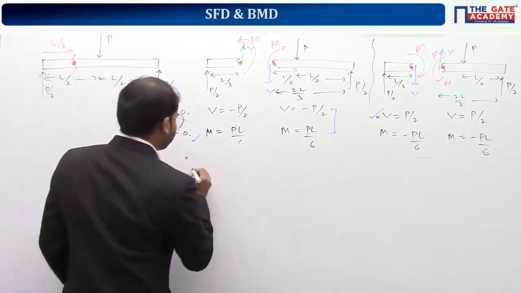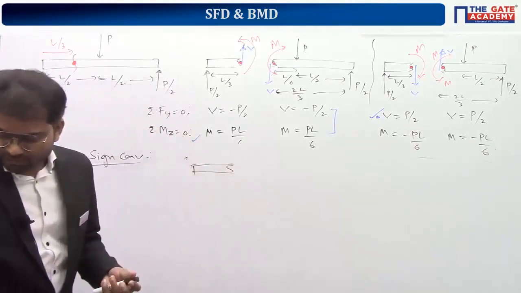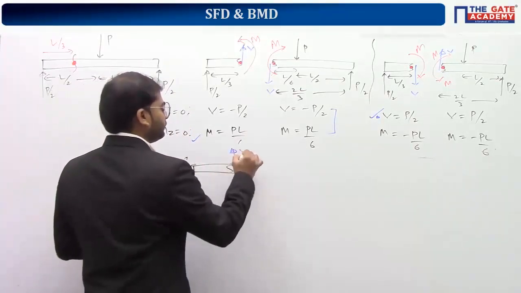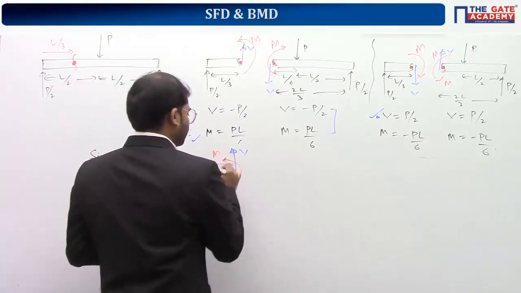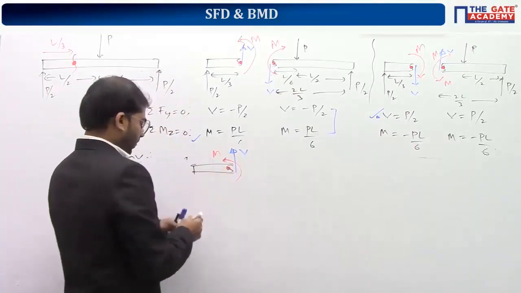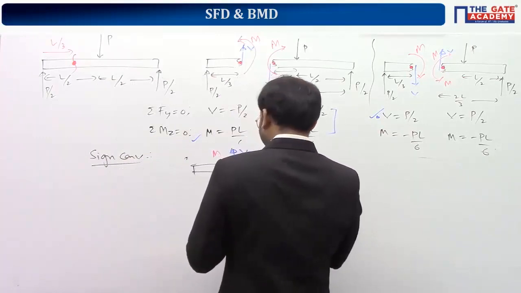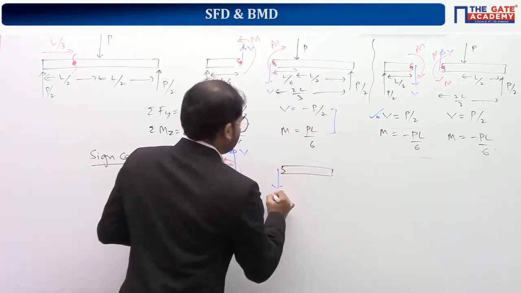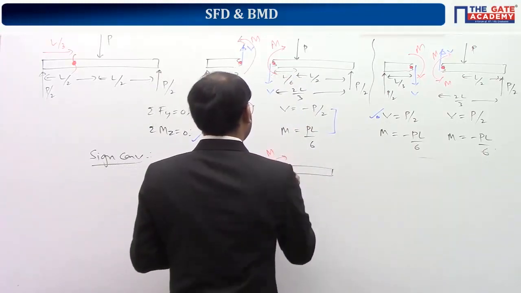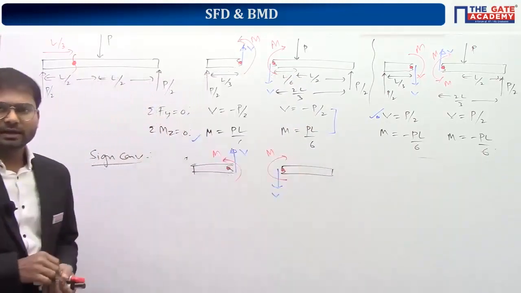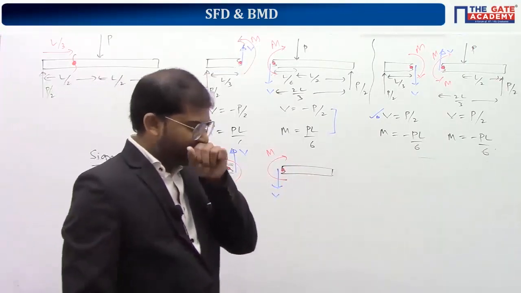Whenever you make a cut and take the left part of the cut, you should take shear force V upward, and you should take bending moment in the anti-clockwise sense, and take moment about this point. Whereas if you are taking the right side of the cut, you should go by the reverse approach. For shear force you should take it downward, and M should be taken clockwise, like this. This is the sign convention which we should be following here. Understood? Clear? Kindly copy this.